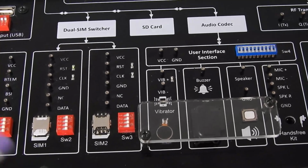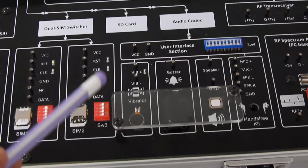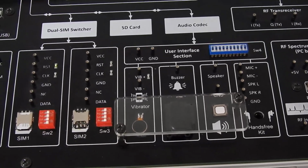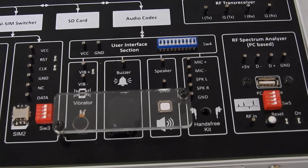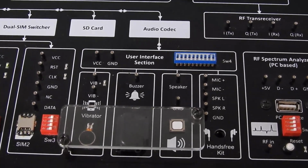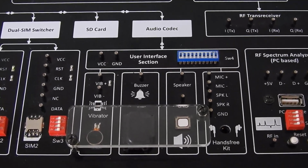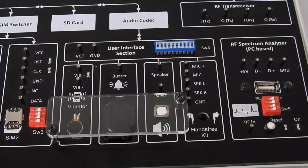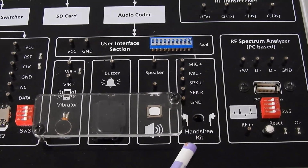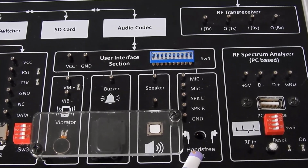After that, we have a user interface section here and a vibrator section. In this, when a call is received, the vibrator will vibrate, and in the buzzer section, when a call is received, it will ring. And in the speaker section, when you pick up the call, it will give the voice output. And we also have a hands-free option, so you can connect your hands-free to this section